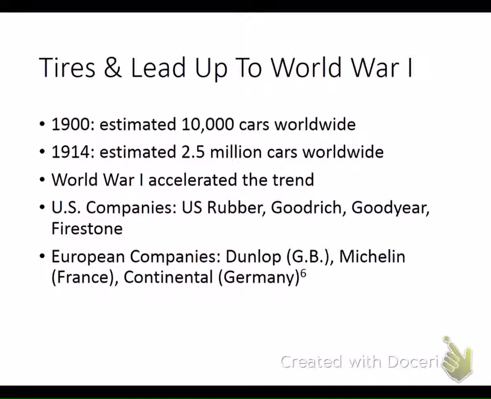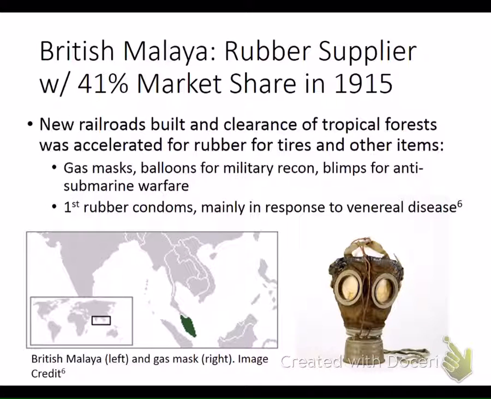Some U.S. companies and European companies that were around included U.S. Rubber, and then three you'll recognize: Goodrich, Goodyear, and Firestone. European companies included Dunlop out of Great Britain, Michelin out of France, and Continental out of Germany, which you'll also recognize. And a big supplier of rubber that had 41% of the market share in 1915 was British